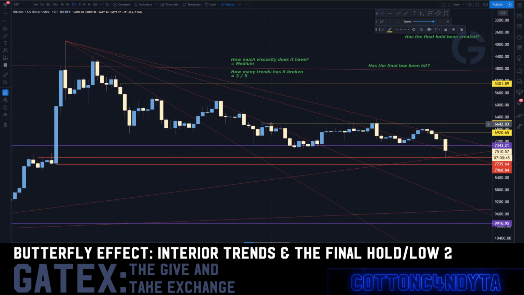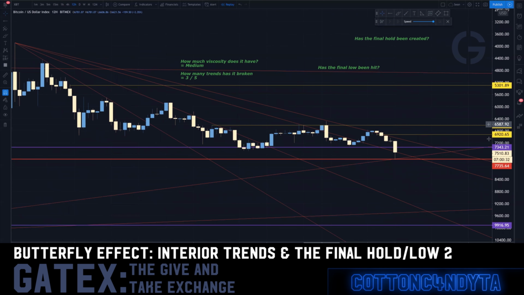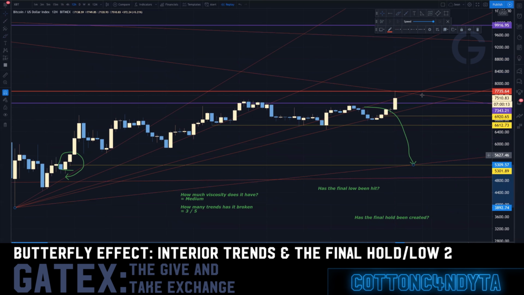So eventually over time, if you were to flip this chart over and it's like, oh, here's an origin level and here's your hold level. So, you're going to hold this part of the move right here. We can simply delete the greediest point and even the backside right here. That's fine. Backside, frontside combination. And if this continues to hold through this trend, it's eventually going to break this origin level and go after its upper range, which its upper range is right here, the final hold, which will create our final low. It is our final low, sorry, which will create our final trend, which creates its final hold of the move, right? So just in order to move down again.